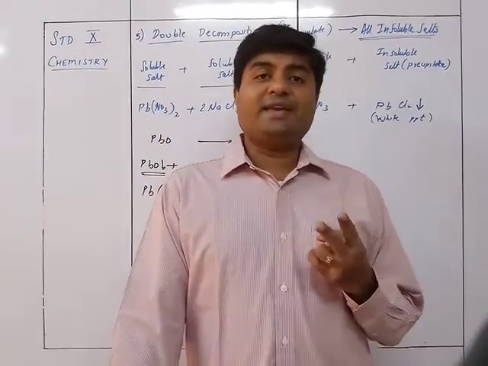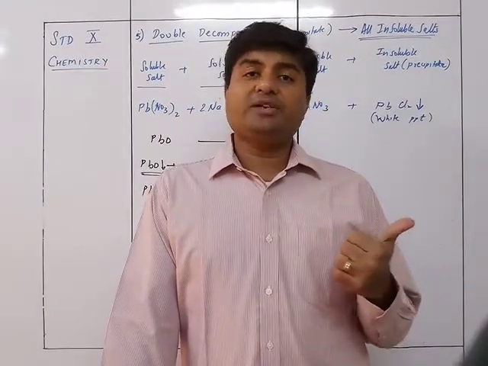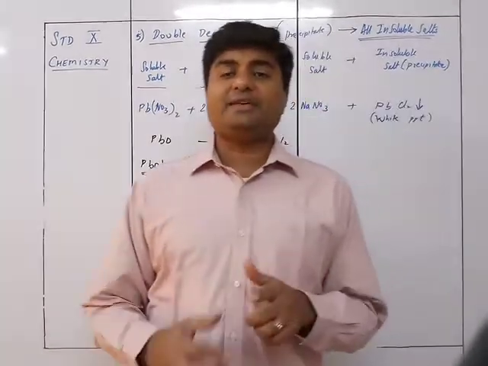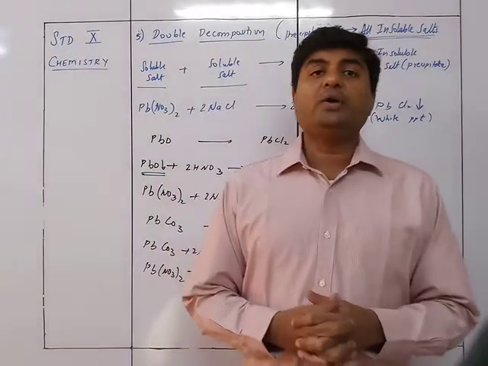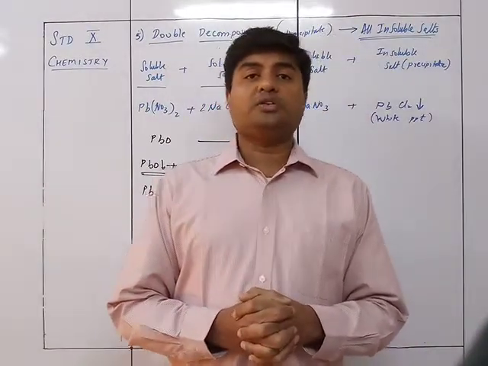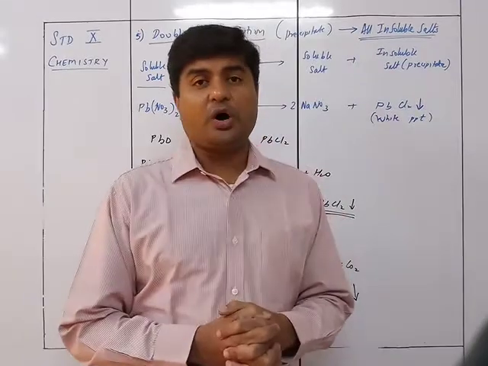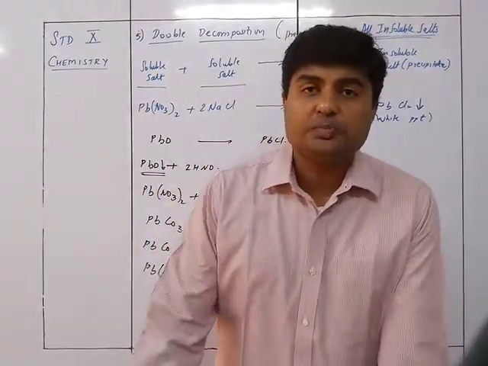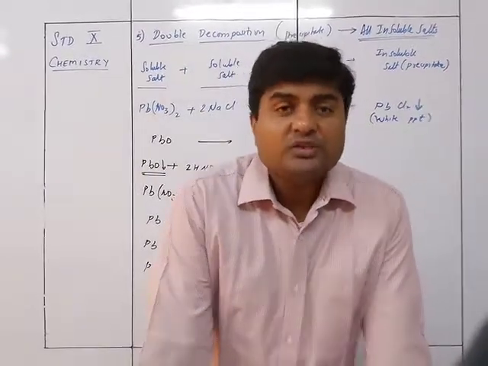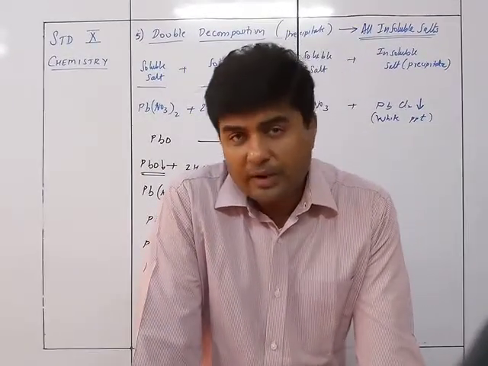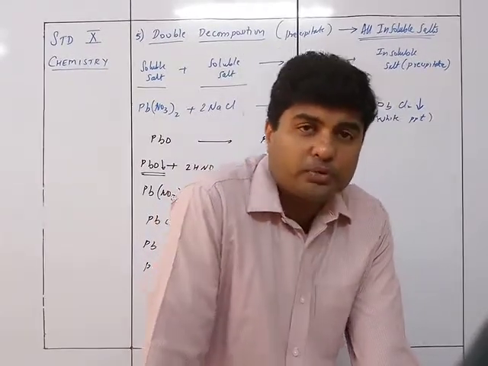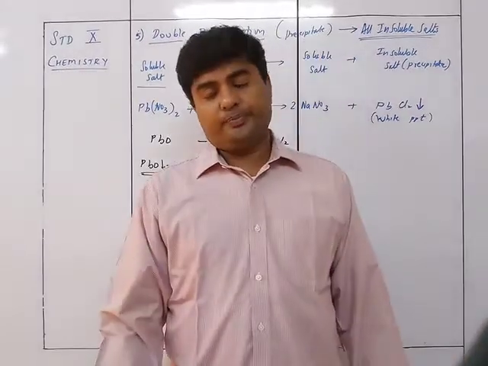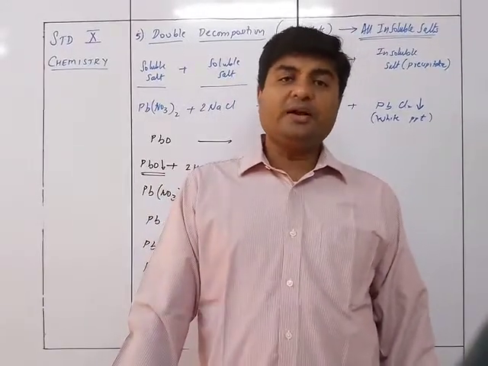The second is the titration reaction. The titration reaction, or neutralization reaction by titration, is the one in which you use a soluble base and an acid to give you salt plus water. So when we are making any particular salt of sodium, potassium or ammonium, you are going to use this method of titration. So we have sodium hydroxide, potassium hydroxide or ammonium hydroxide as the base, and the acid will give you the salt plus water.